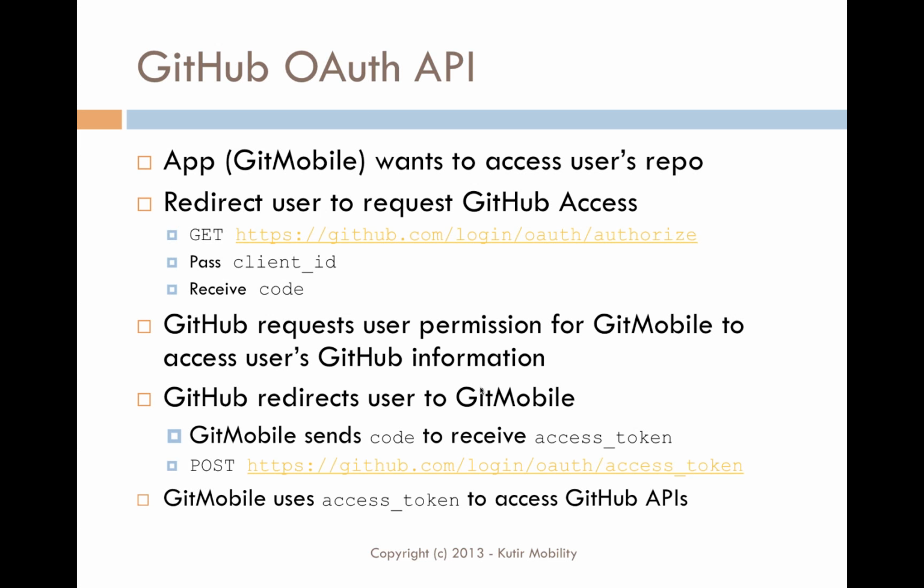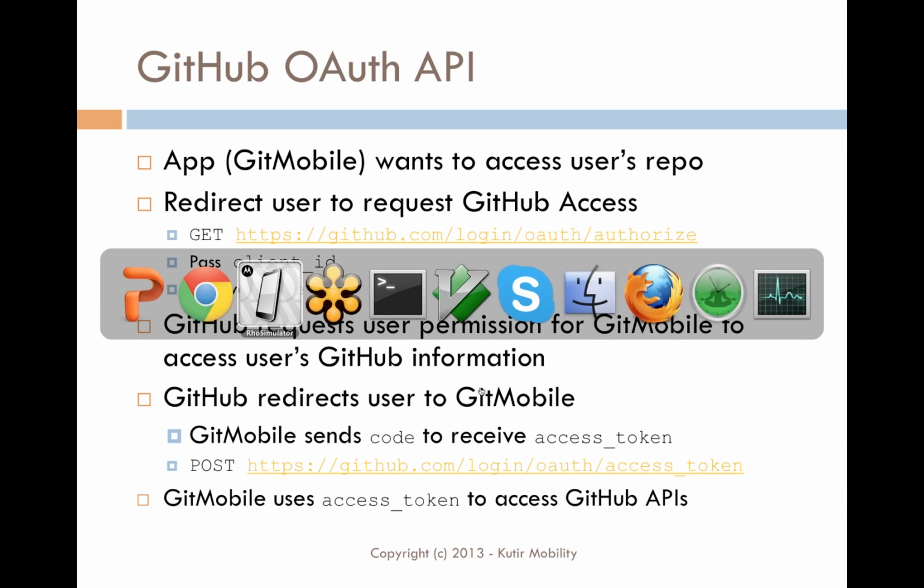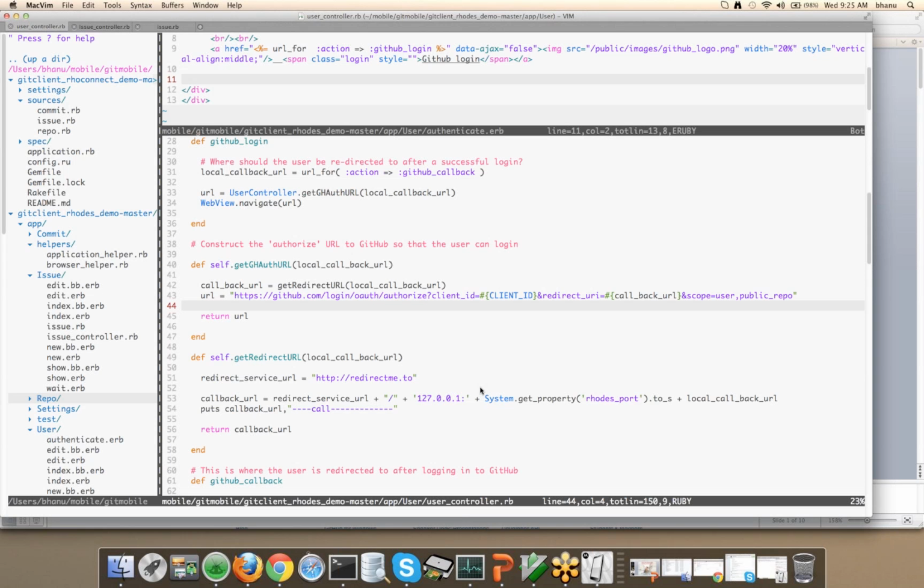So let me just show you the code to explain what I just presented. When a user clicks on the login page, it calls the GitHub login method. So basically, in this method, we are saying go to GitHub and call the authorize API. So inside,